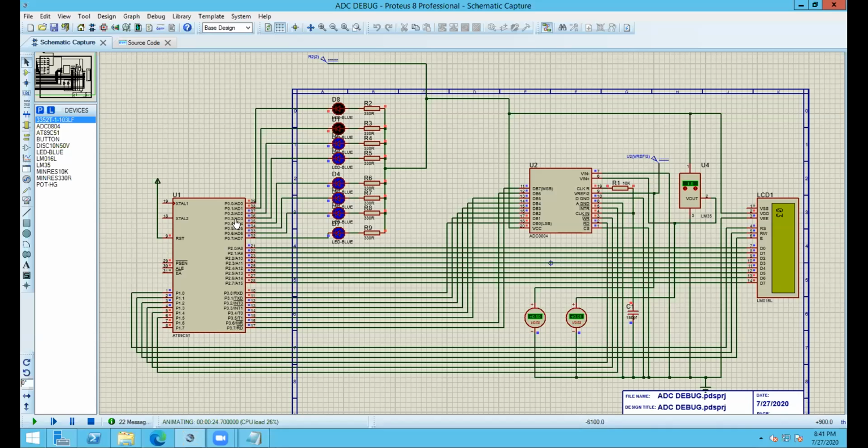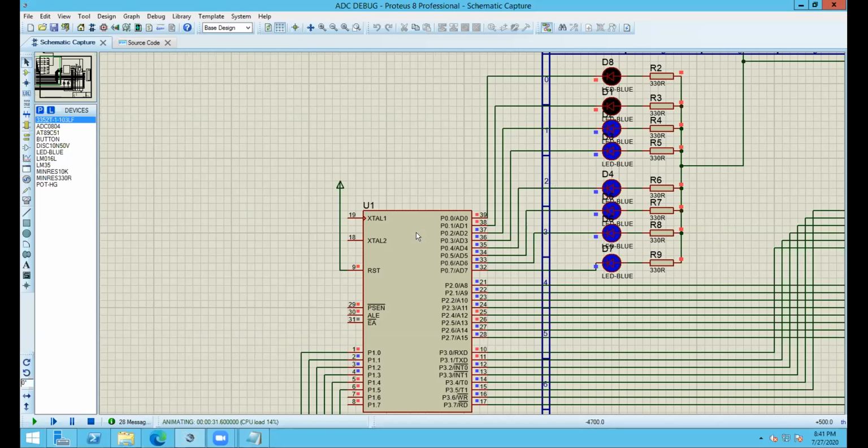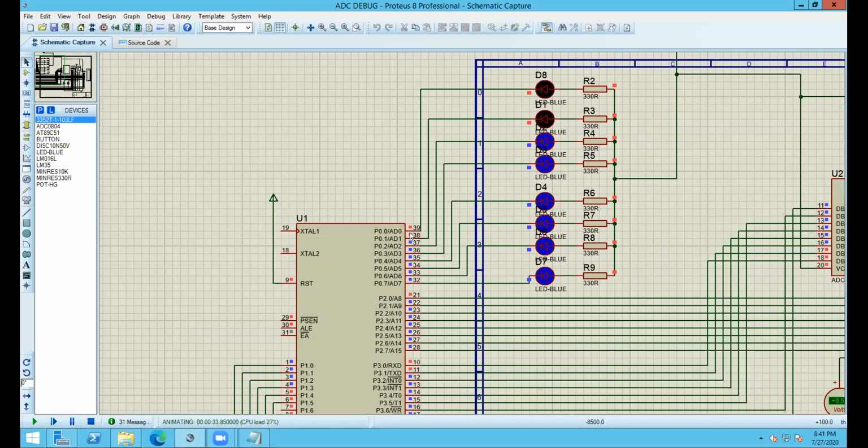I'm sorry, this is the least significant bit and this is the most significant bit, okay? You see here. So we have bit 2 to the power 0 and 2 to the power 1 as on, and all the rest of the bits are off. Okay, just inverting this thing.